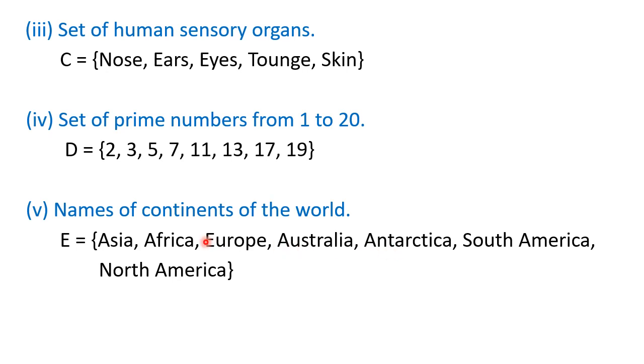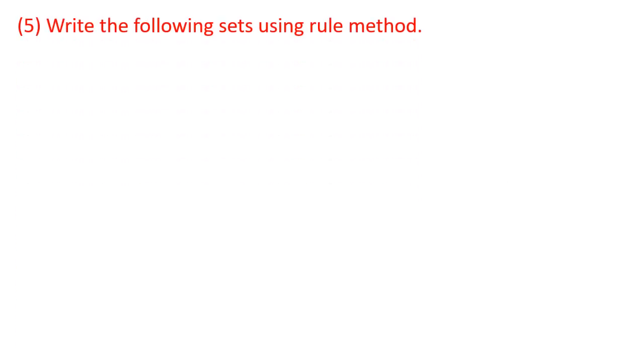Okay, see, I told that most of them are starting from A, and America is divided in 2 parts, South America and North America. Okay, so in this way you are having the continents. 7 continents you can write down. Okay, I hope you must have completed it and you must have understood how to write it. Let us go further towards the last question here in this particular exercise.